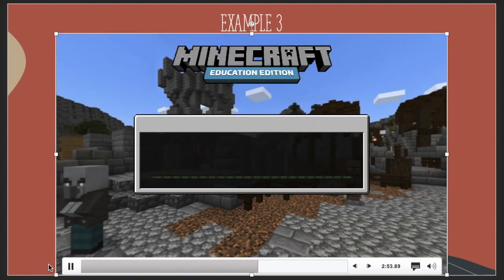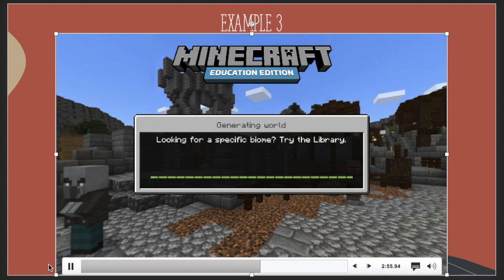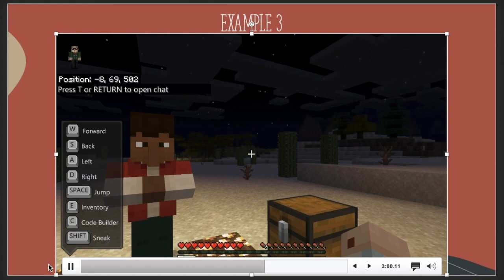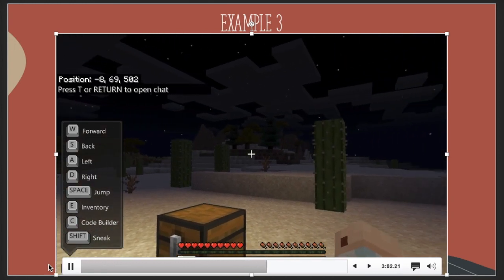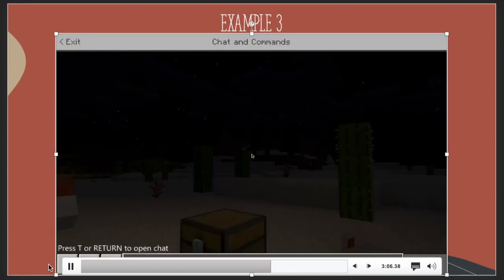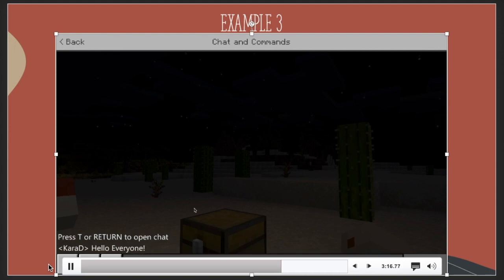It'll take roughly 30 seconds, and then it will generate the world for you, the unique world for your students, and here we are. So you could see, to open chat, you could press T. Then if our class is all playing, currently I'm the only one on, I could write "hello, everyone" and enter it, and it says my name, my Minecraft name. So all of these are different features that you can use.